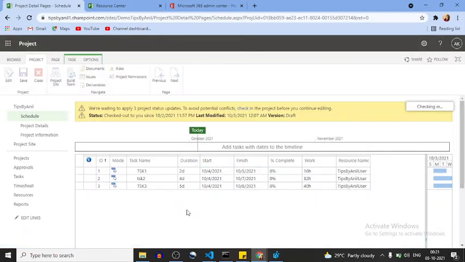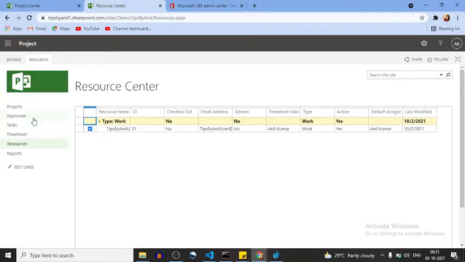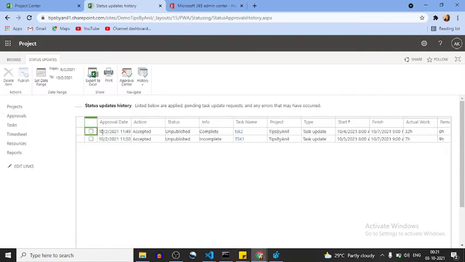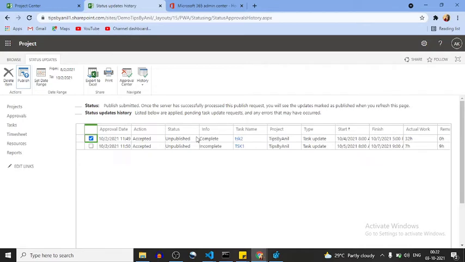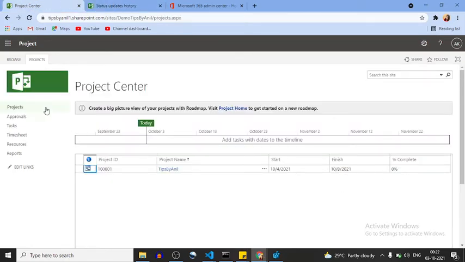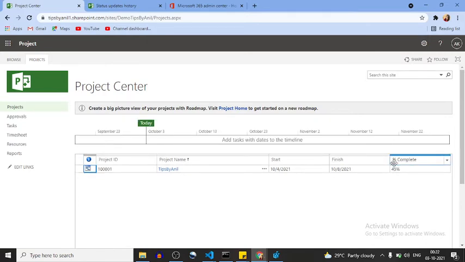So whenever I check in my project, after that, if I go in my approval center, and now if I go in the status update, I can see the publish button. Got it? So what we were doing wrong, now here you can see the status will be updated as published. Okay, now if we see the status of my project, whenever I refresh it, it will change to 45%.